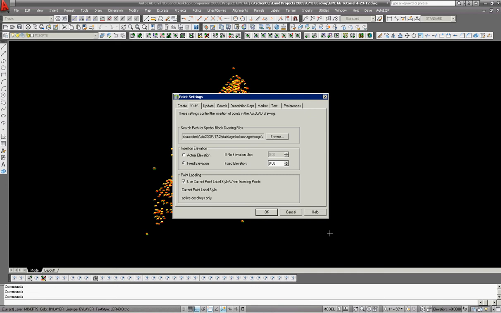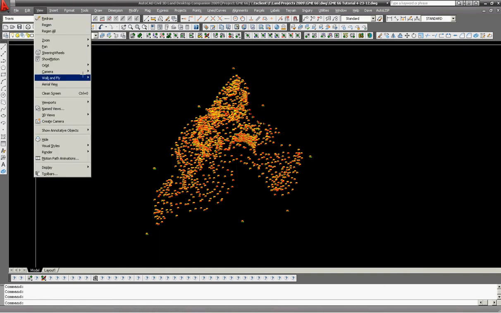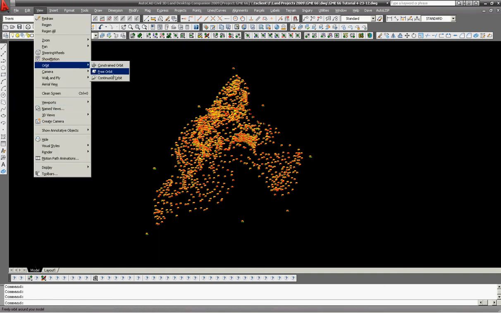If you insert at a fixed elevation, which is what most people do, it puts the marker where that point exists at an elevation of 0, even though that point has an elevation associated with it. If we stick them in at actual elevation, then the marker ends up at the elevation of that point. It's hard to visualize right now. Let's take a look at this real quick. If I go to View and I go to Orbit and I do Free Orbit,